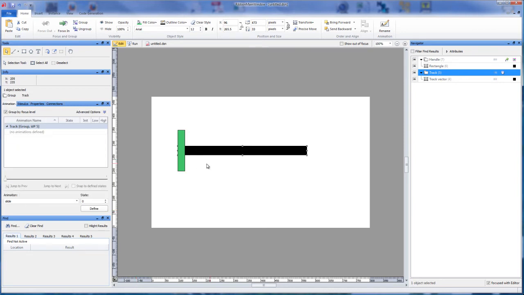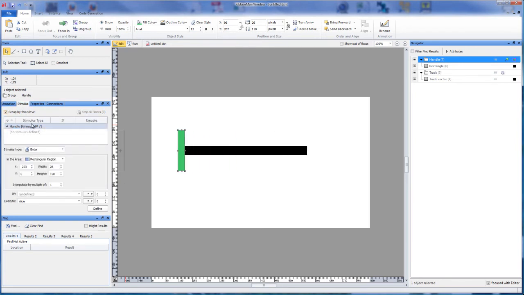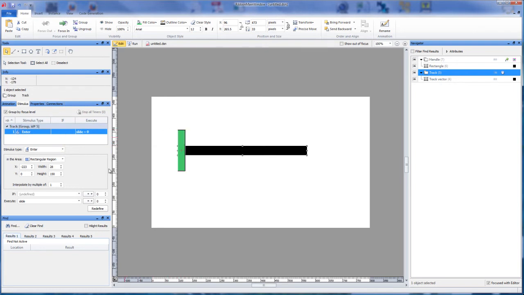Remember that slide animation was 0 here and 100 here. So I'm going to create little stimulus rectangular regions that match that. And I'm not creating it down the handle again, I'm creating on the back. So I've made an enter rectangular region, a tall skinny ghost rectangle on the left side, and I've said, hey, if you enter that region, that tall skinny ghost rectangle, that stimulus area on that left side, go ahead and set slide to 0. But let's now set slide to 100 if you enter a region of the same shape